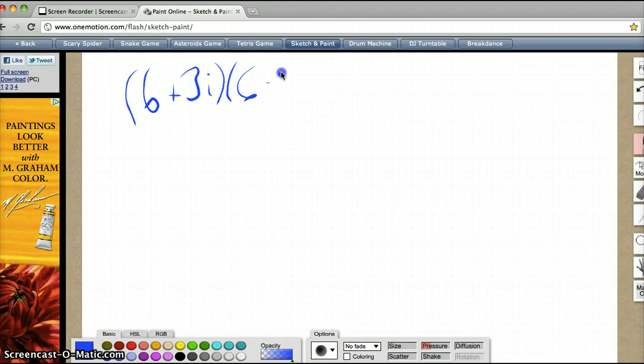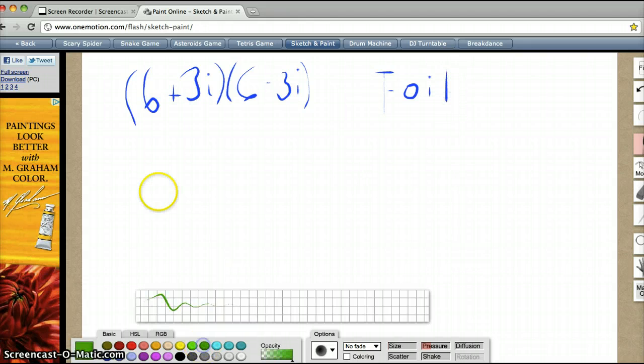So here we're going to use FOIL. Okay, so we're going to use FOIL to figure these out, which is first, outside, inside, and last. So first,